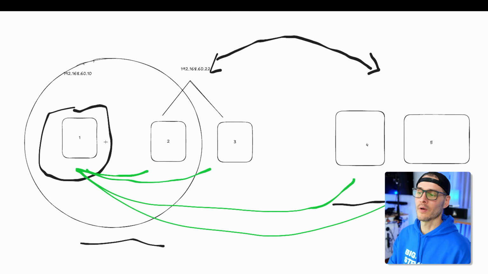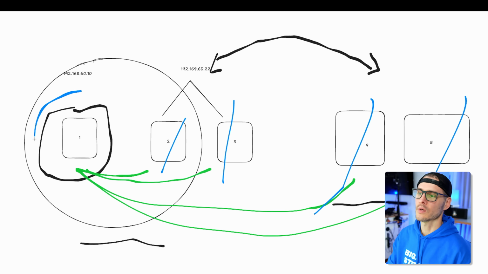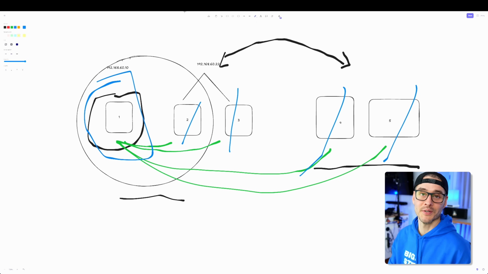I do wish that Pi-hole had first-class support for this, maybe in version 2. But to be able to run these in a cluster and be able to easily synchronize them would be great. But in the meantime, we have tools to do this. So the only thing I have to keep telling myself is never make changes on any of these. Always make my changes on 1, and those will replicate out. So pretty fun. It's been fun figuring out all of this with Pi-hole. It's pretty versatile, as you can see.